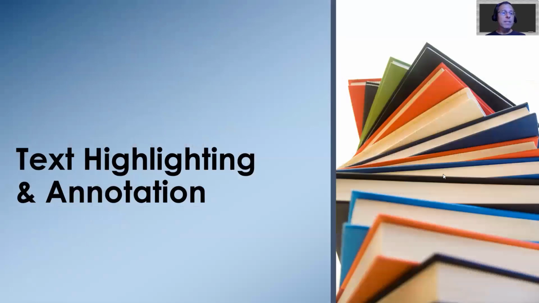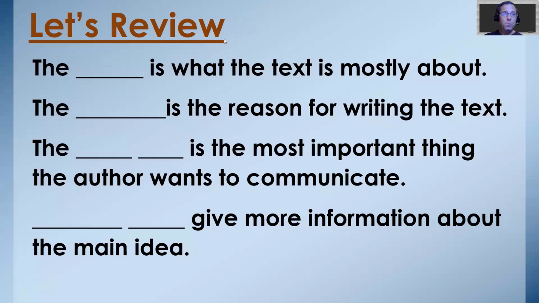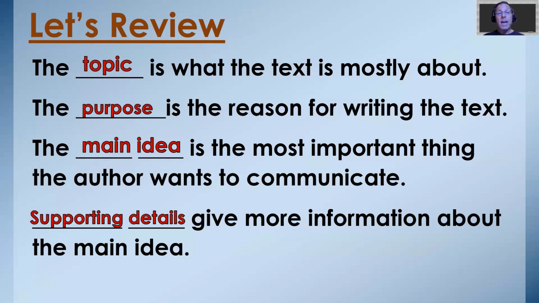Okay, so let's talk about text highlighting and annotation. We're going to quickly review what we've been talking about since our first day of class. The topic is what the text is mostly about. The purpose is the reason that the author's writing. The main idea is the most important thing the author wants to communicate, and supporting details give us more information